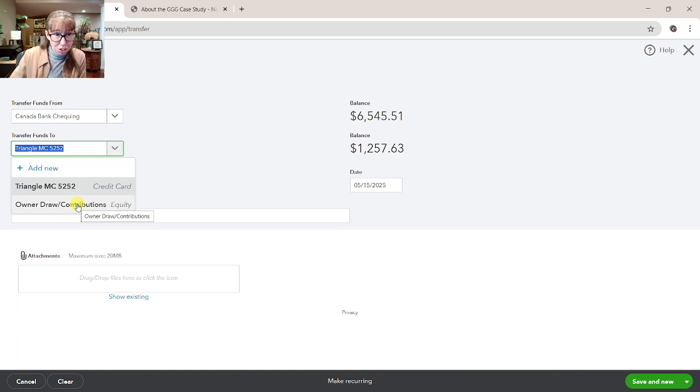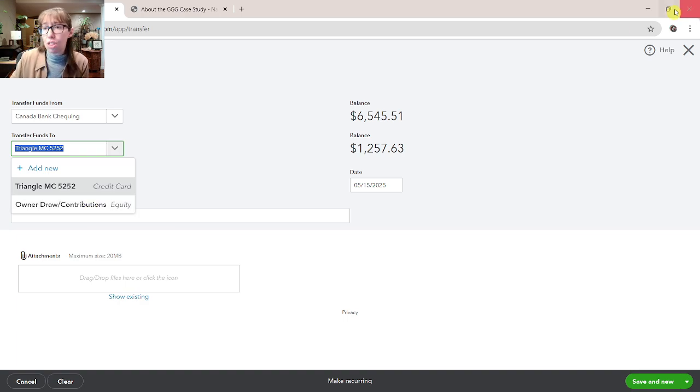And you can't choose an expense in a transfer. You can't choose the HST in a transfer. You cannot add a supplier name in a transfer. And so you have to delete it and then enter it as an expense. And that alone is a bit of a pain in the butt, but if you've already reconciled, there's even more pain that you have to deal with, and we'll talk about that later. So that's why I very rarely use transfers unless it's a legit transfer from a bank to another bank or